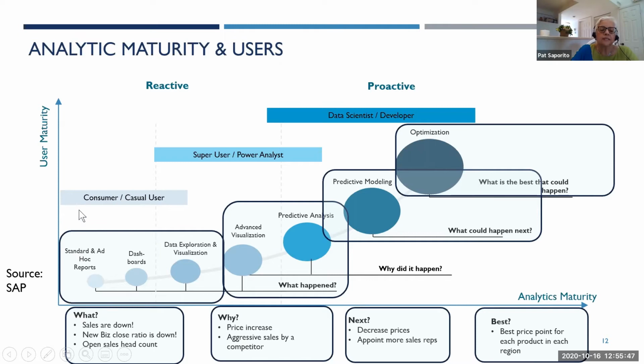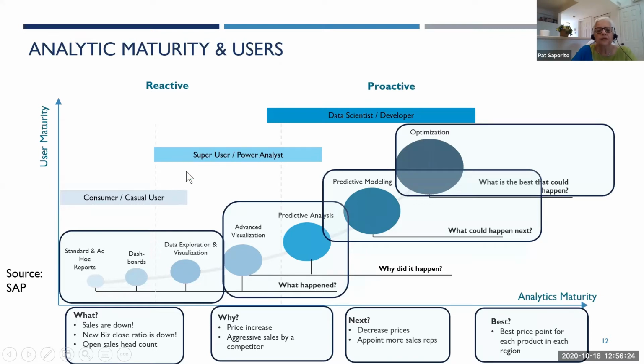And it starts at the most basic level with getting your data, but presuming we've got that, now we're looking at standard and ad hoc reports, maybe developing some dashboards. And that's fairly static, although I realize obviously the dashboards can be dynamic. But then getting to data exploration and visualization. Especially the data exploration part is extremely important. And I'm also trying to overlay here some of the roles, like who are the users of these? So it would be the consumer or casual consumer for the most part.